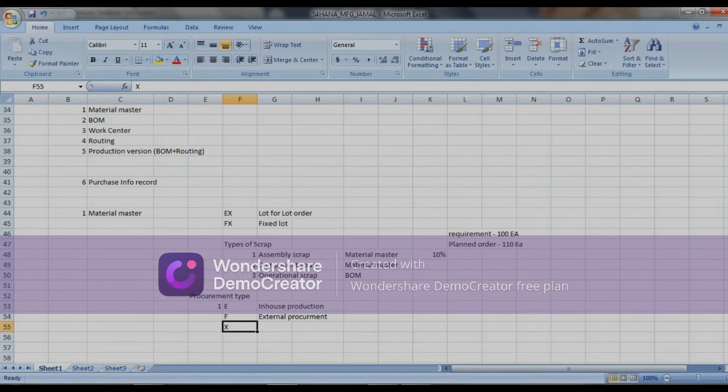Sometimes it is required to purchase from outside also because of your capacity constraint, or you don't have sufficient manufacturing facility. So that time you will manufacture and you will purchase the product. So for those products you need to maintain the procurement type as this one. This is called both. It is a combination of in-house and external.